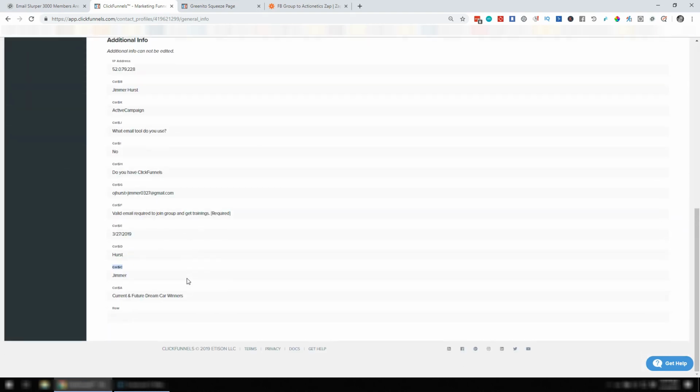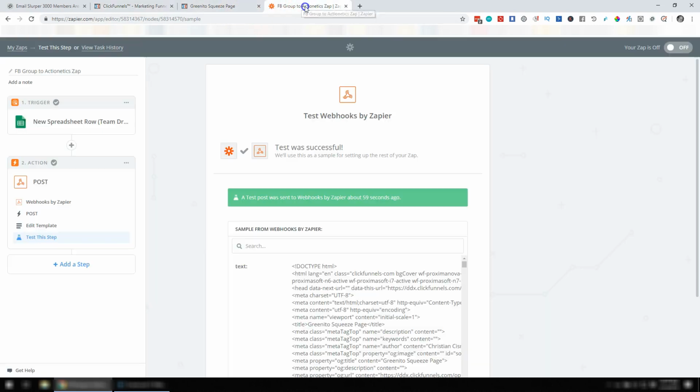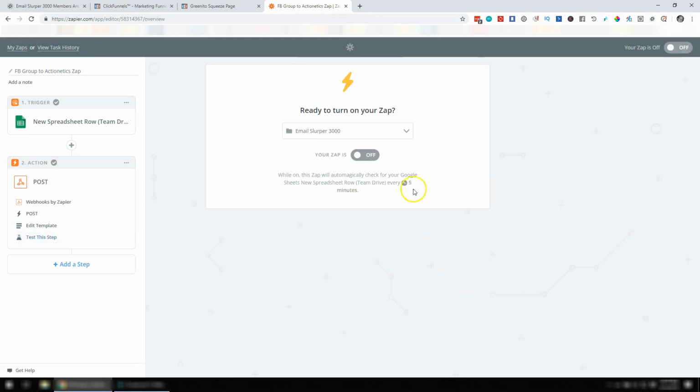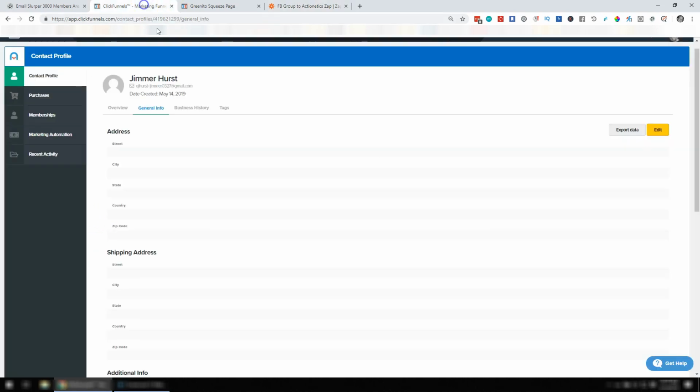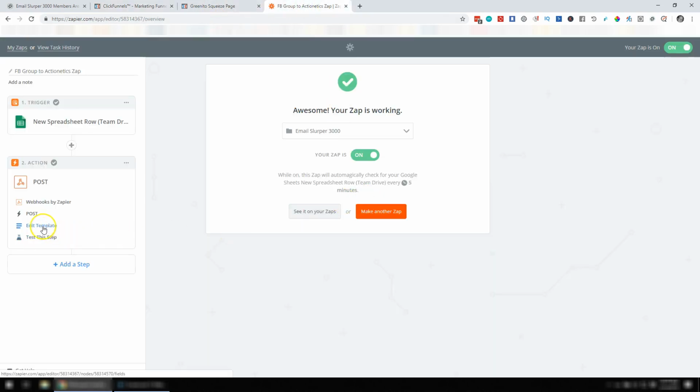So after that, what you're going to do is just hit finish and then turn your Zap on. And since that information did come over just fine, right here, what email tool do you use? ActiveCampaign. The only other thing I would say is if you wanted to experiment with it, you could